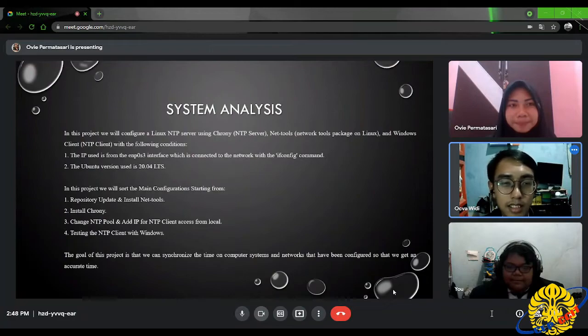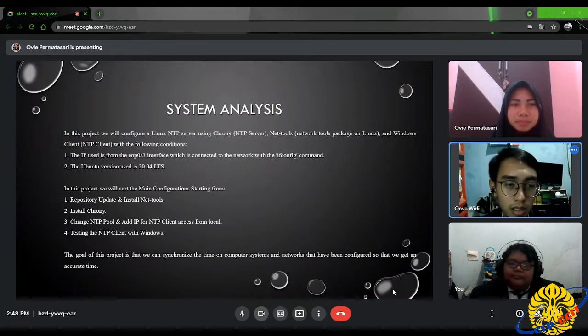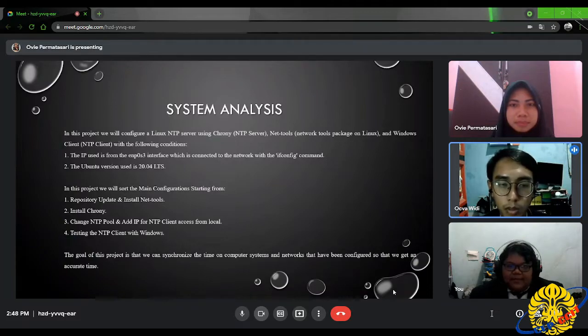System analysis. In this project, we will configure a Linux NTP server using Chrony and the NetTools (Network Tools) package on Linux and a Windows client with the following conditions. 1. The IP used is from the enp0s3 interface, which is connected to the network, found with the ifconfig command.